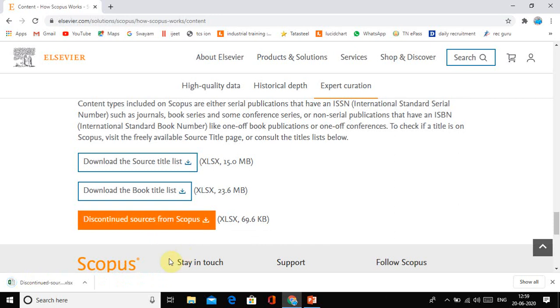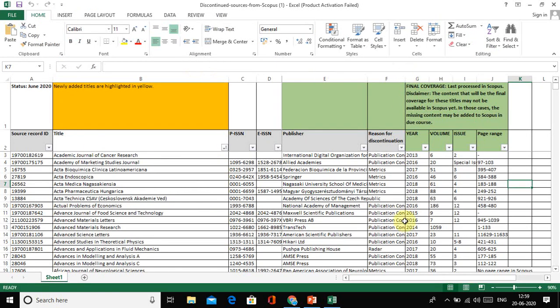You can download it and open it, and this is the most recent discontinued source list available in Scopus. These are the journals discontinued from Scopus from June 2020 onwards. If you check here, newly added titles are highlighted in yellow.